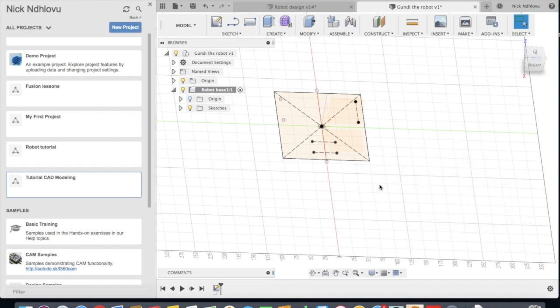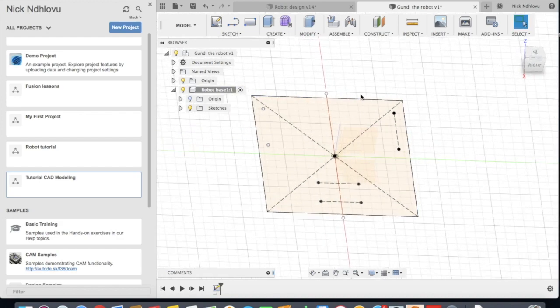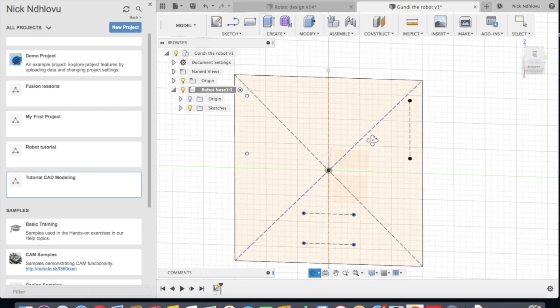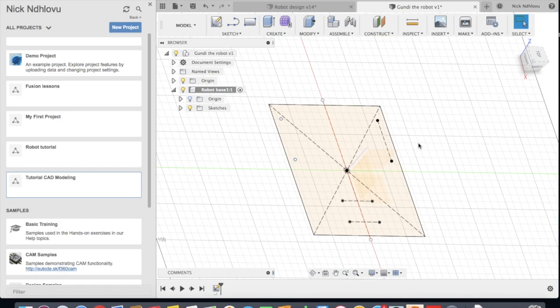Alternatively, you can type in Q. It's like press pull as well, works in the same way. So I'm gonna go ahead and type in Q,